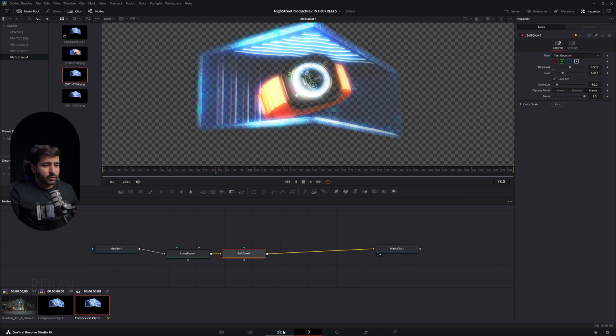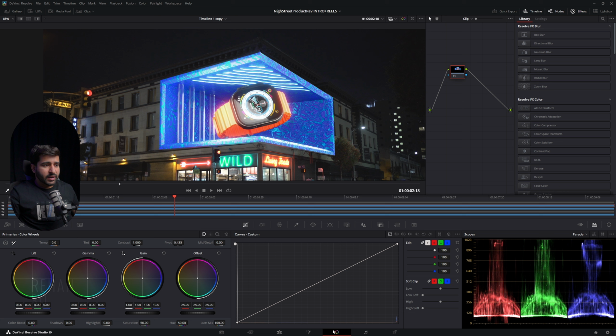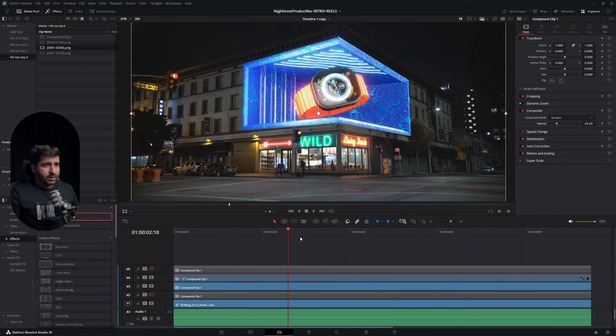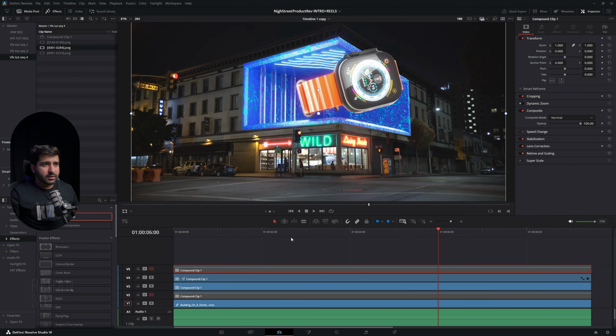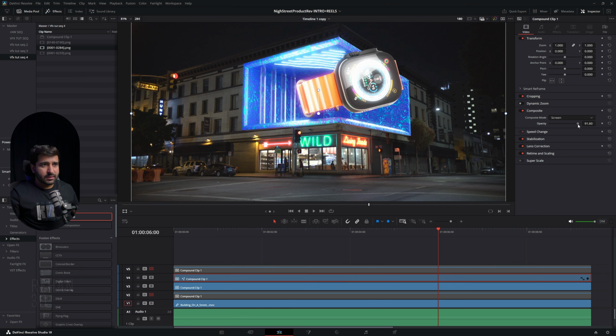If we go back, and go into the screen strength like this, you can see. And if we go back into the color section of this layer and insert the node, you can see we have added the glow nicely. It is giving a good look, and you can enhance it and increase it more, however you want.